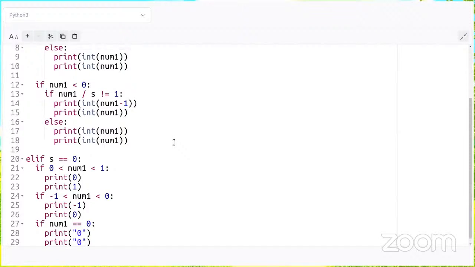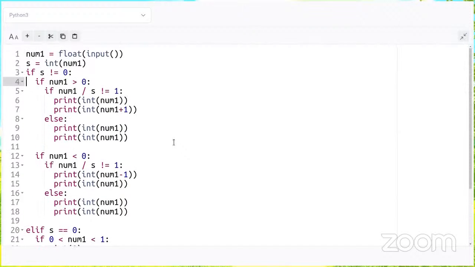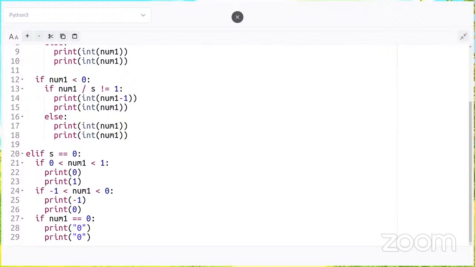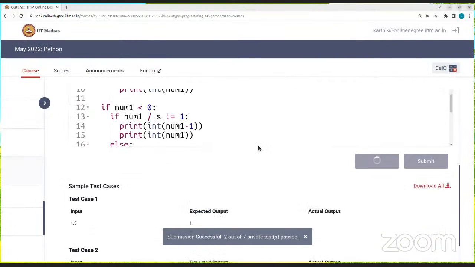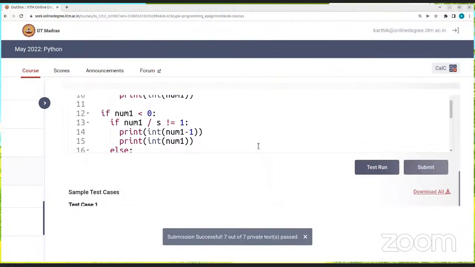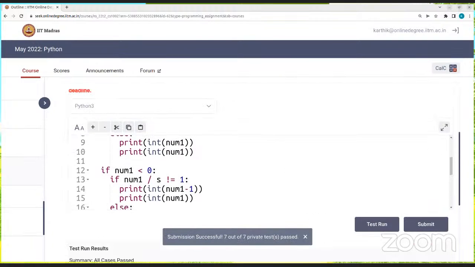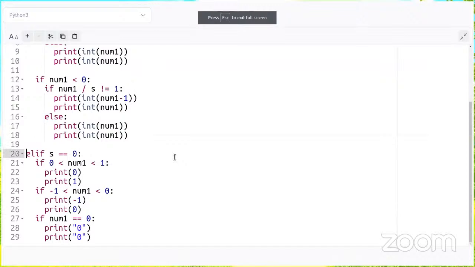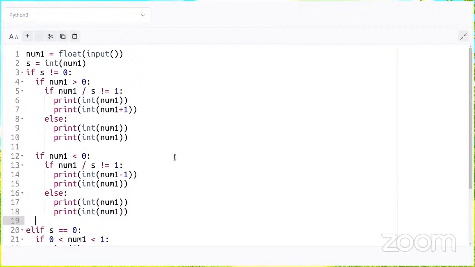Okay, so it's a very disciplined approach. As a first attempt, it's very good. So I'll just run it and see if it passes all test cases. Okay, so it passes all private test cases. But one suggestion for improvement is: do you need so many if-else statements, or can you think about reducing the number of if-else? See, there are 3 nested ifs right here. There is one level, second level, third level. So can you think about reducing the number of such statements?